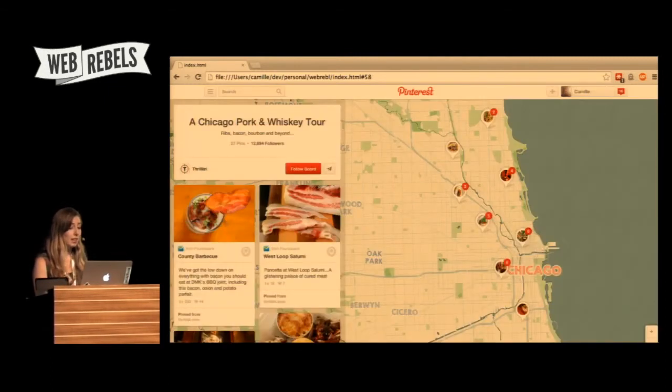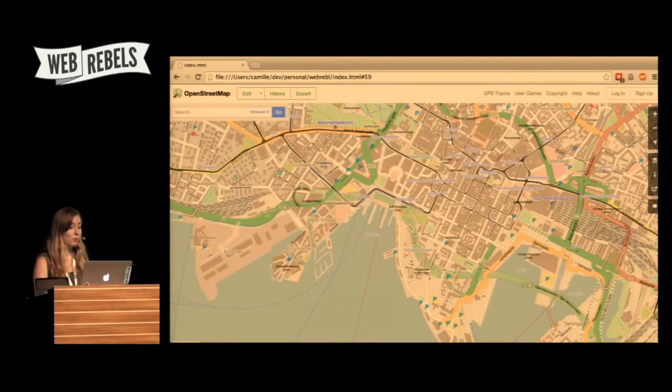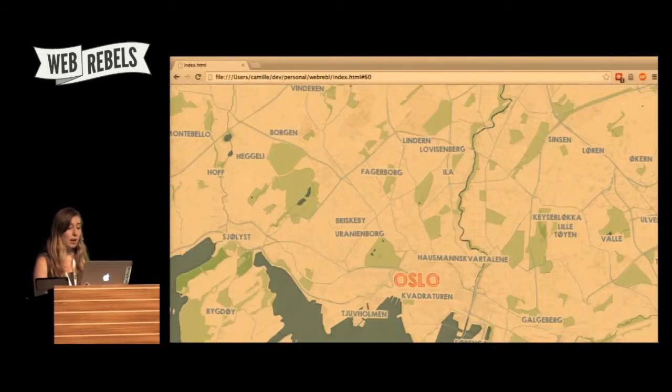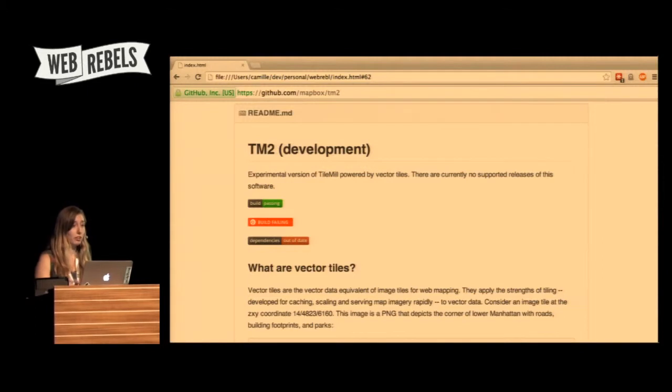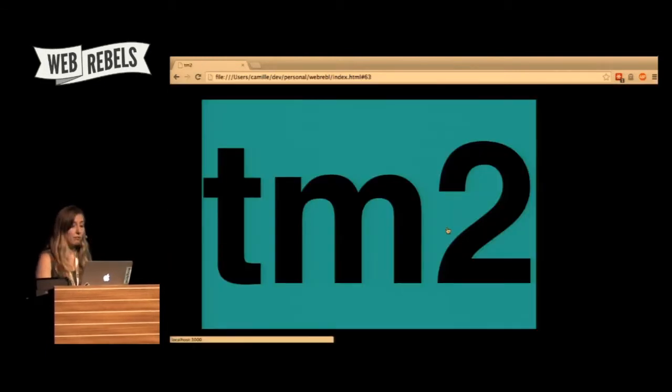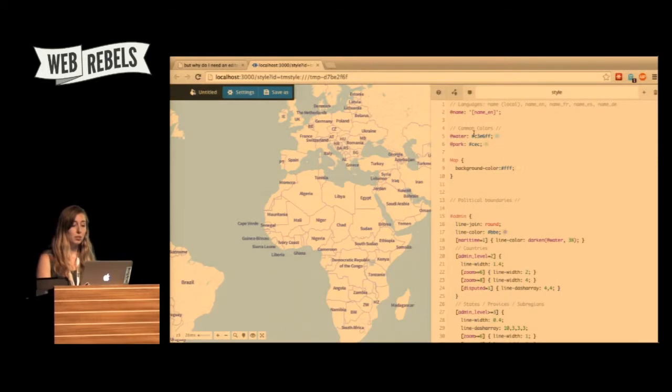But if you want a map that looks like this, and you look at OpenStreetMap and you're just overwhelmed by how many features there are, and you really just want something that's clean, and you want to see parks and maybe some buildings, but you don't want to see every telephone pole that's ever been added, you need something like Tilemill. Or if you're adventurous, Tilemill 2. Tilemill 2 is what I'm currently working on. It's really interesting stuff with vector tiles. But what you can do with Tilemill, see if I can make this a little bigger,